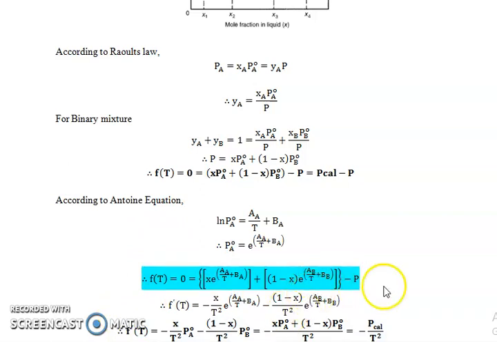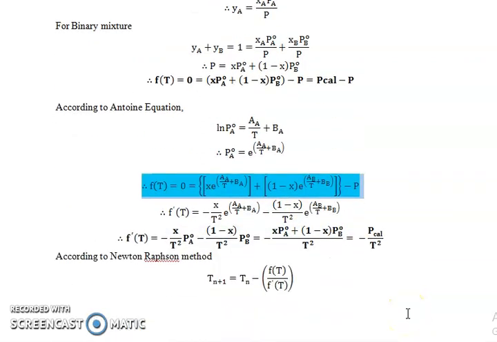Now we have to convert these values into the temperature value, so we need to solve this equation. This is the Ft equation, and it consists of some complicated terms of temperature. So it will not be easy to solve this particular non-linear equation. We have studied different computational or numerical techniques to solve this kind of non-linear equation. So we have to use the Newton-Raphson method. To solve this using Newton-Raphson, we need to calculate the derivative of that particular function, F dash T, which will be needed to calculate the temperature value.